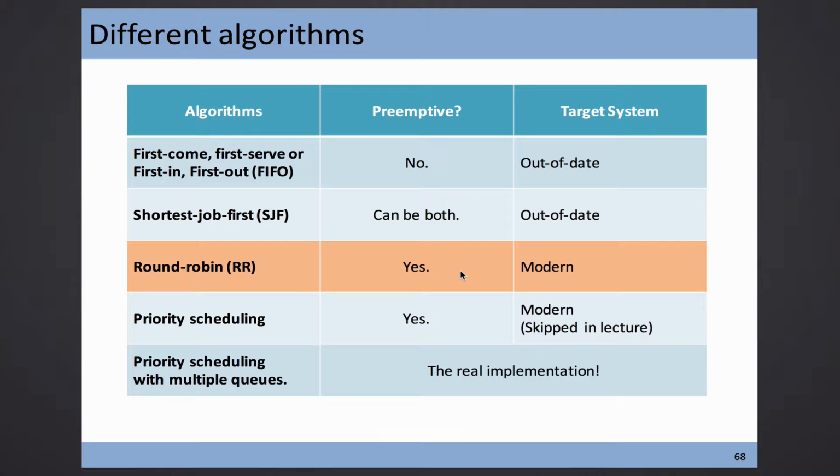But nowadays, you don't care about performance. What does that mean? Let's say you're loading a PDF file, and at the same time you have WhatsApp web version, a message coming in, I have a Gmail, I have a game. Do you really count the waiting time and turnaround time of all that? You actually don't care. What you care about is interactiveness. So what is the meaning of interactiveness? It's about the round robin scheduler.